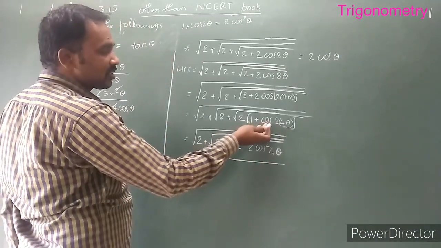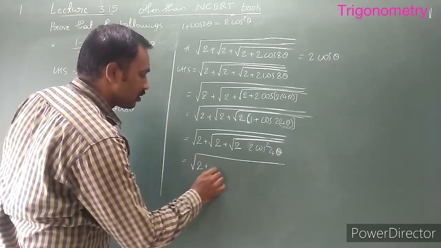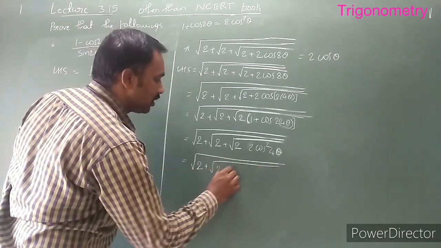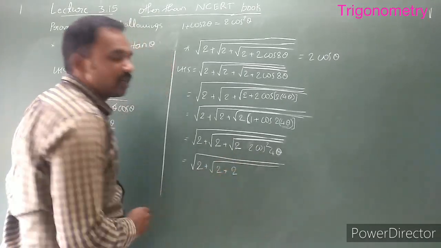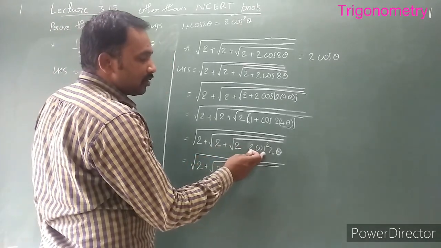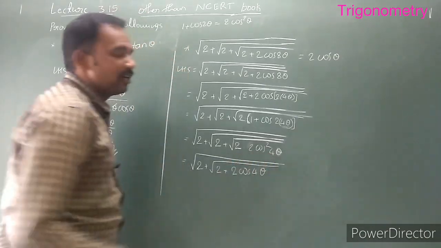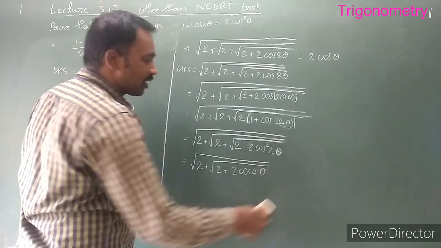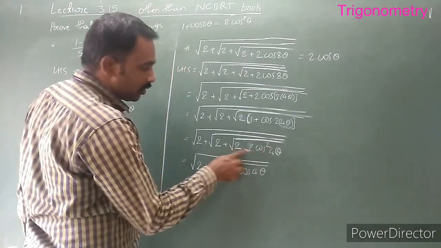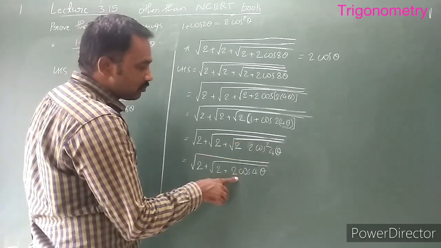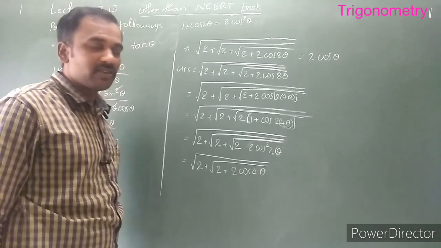Whatever the equation is, you have to proceed in just the same manner. Okay, 2 plus root of 2 plus 2 into 2, that is 4. Root of 4 is 2 outside the root. Square root of cos square of 4 theta means only cos of 4 theta. Have you understood this? How to get this? This is 2 into 2, 4. Root of 4 is 2. Again, root and square get cancelled, only the cos of 4 theta remains.